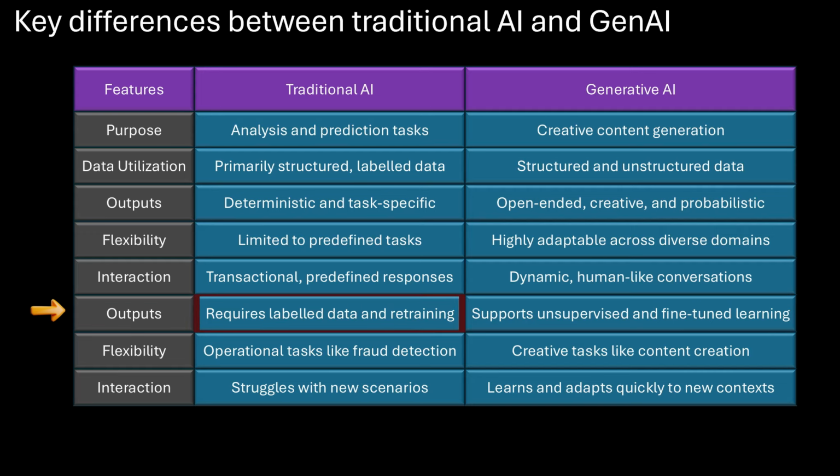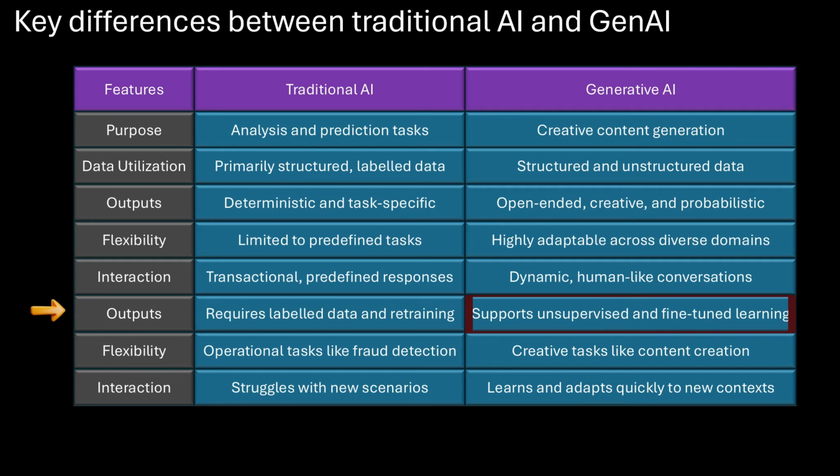Traditional AI relies heavily on labeled data and requires frequent retraining to improve its accuracy or adapt to new scenarios. Its learning process is specific to the task for which it was trained. For example, a weather prediction model must be updated with new data to improve its accuracy, whereas generative AI leverages